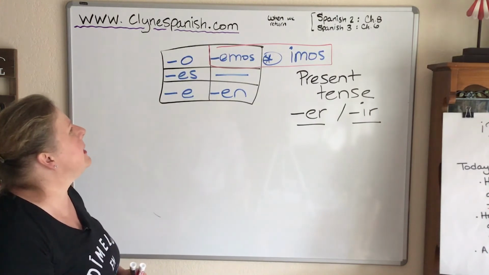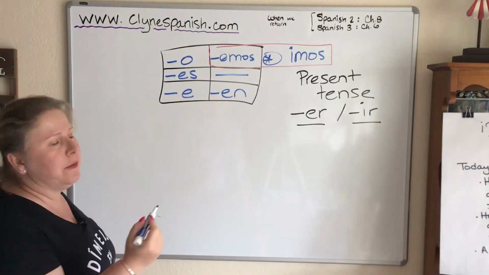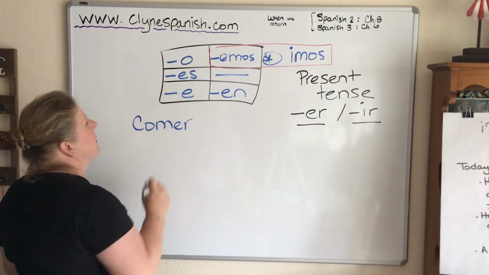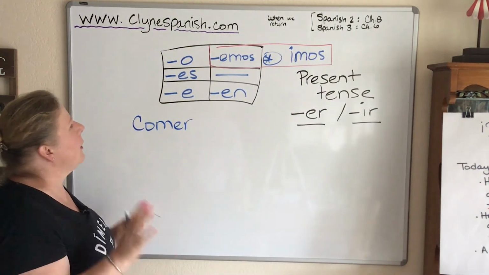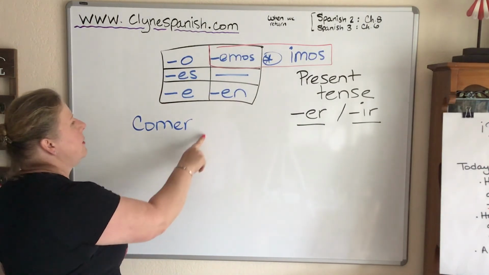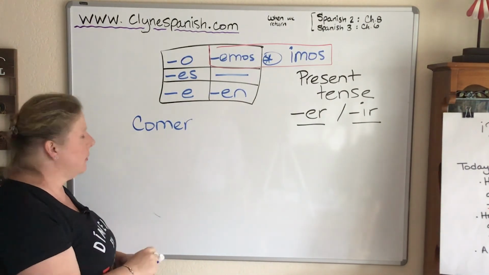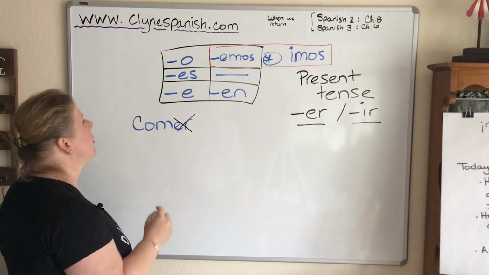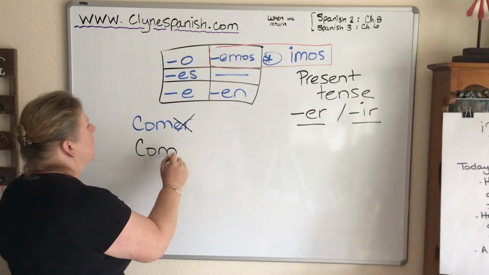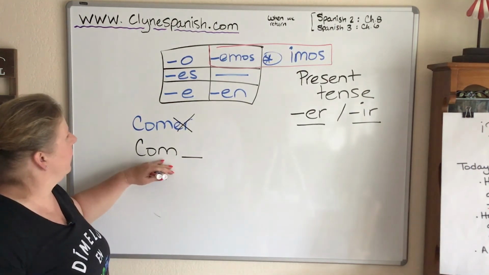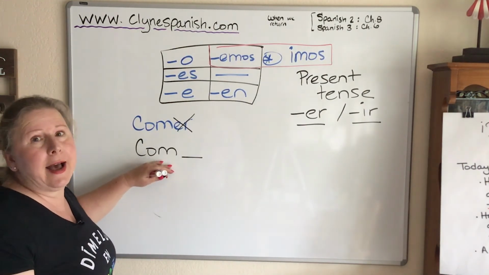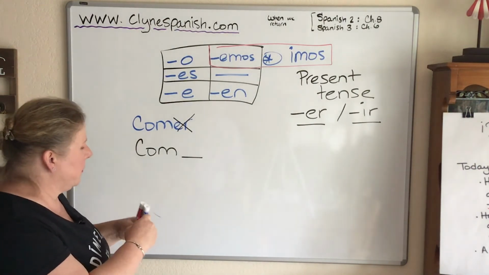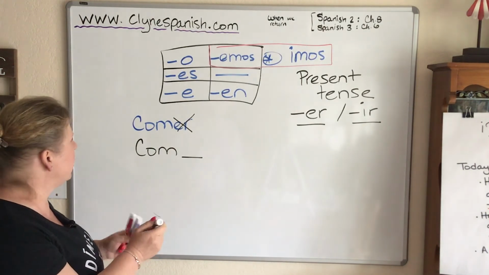So let's look at some examples. My favorite ER verb to use is comer, to eat. So using our vocabulary, this is the infinitive, the unconjugated form. Then, when we take off the last two letters, now we're left with the stem. From here, I have so many possibilities, right? The yo form, right? So what do we have? So if we put our chart together,